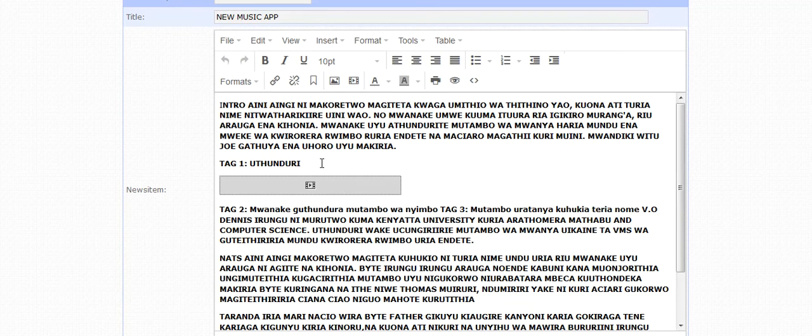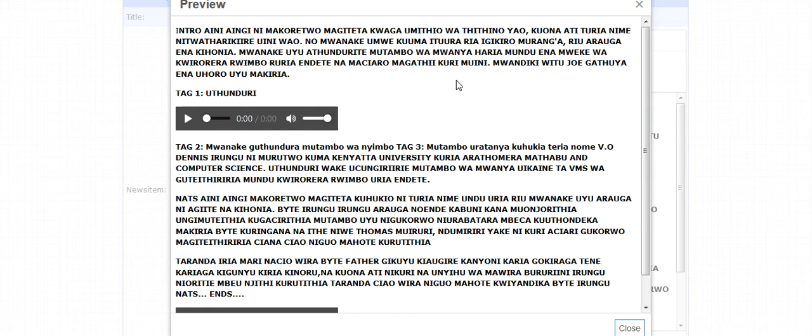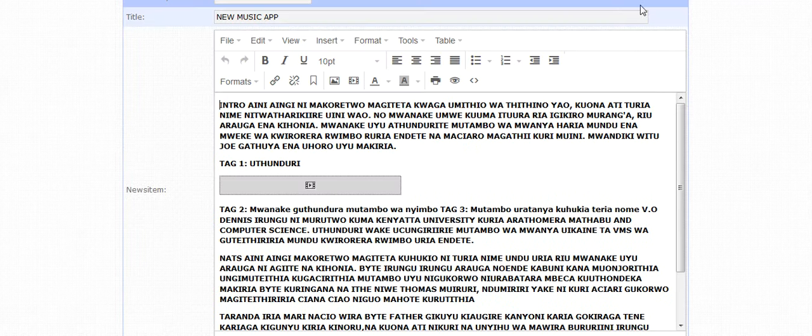So for reporters for radio, when you go to the radio station, you just click on preview. Then you're able to read your news live on air, and when you get to your soundbite, you just click and it plays right there. You don't have to get it from another external source. That's the beauty about this software.